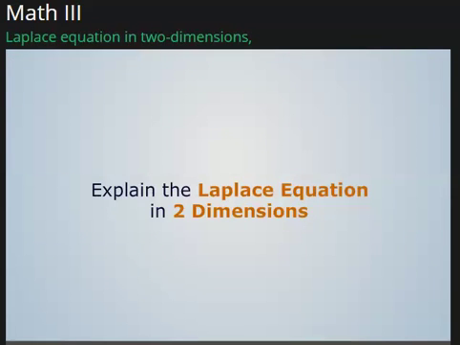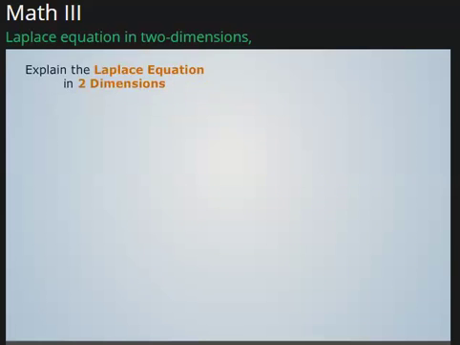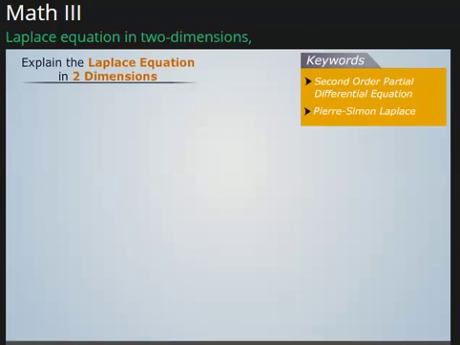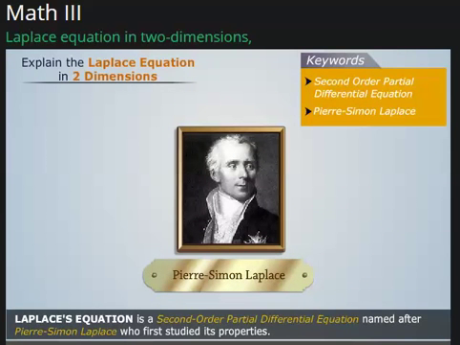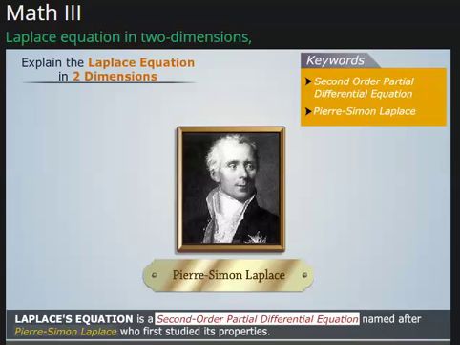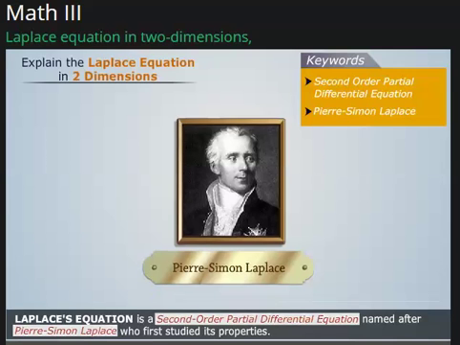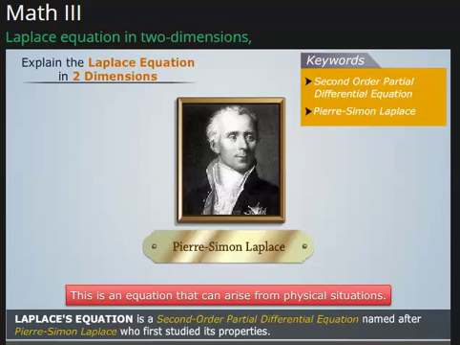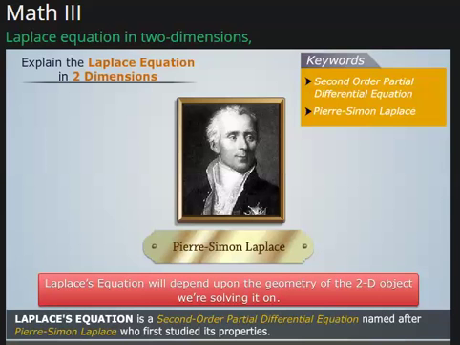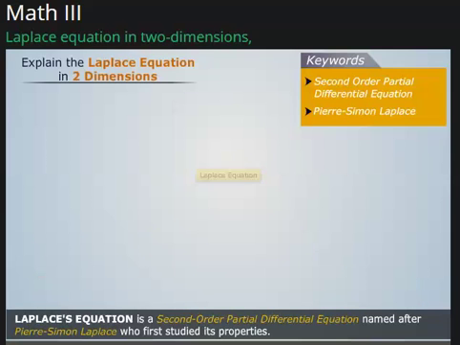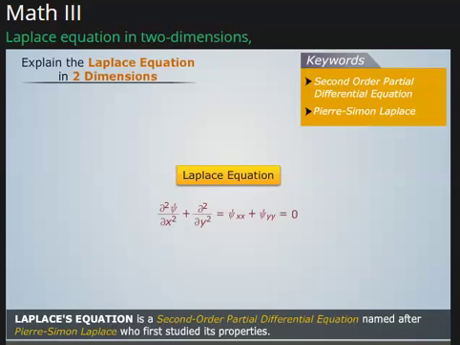Explain the Laplace equation in two dimensions. Laplace's equation is a second-order partial differential equation named after Pierre-Simon Laplace, who first studied its properties. This is an equation that can arise from physical situations. Laplace's equation will depend upon the geometry of the 2D object we are solving it on. The equation is given by,